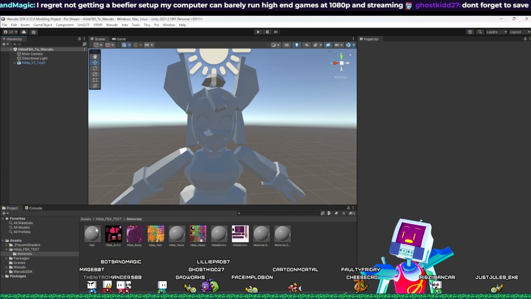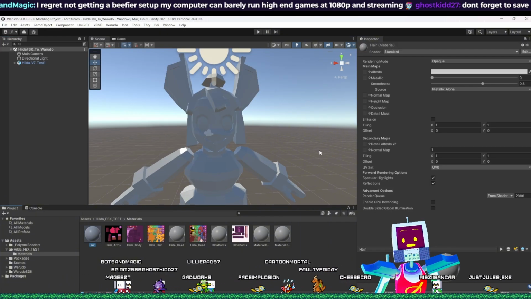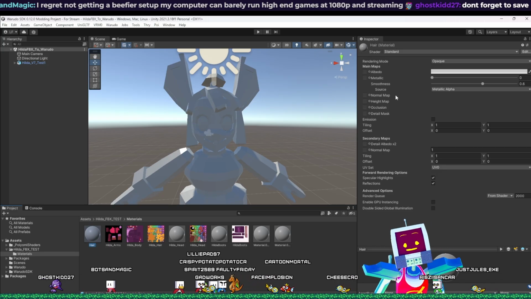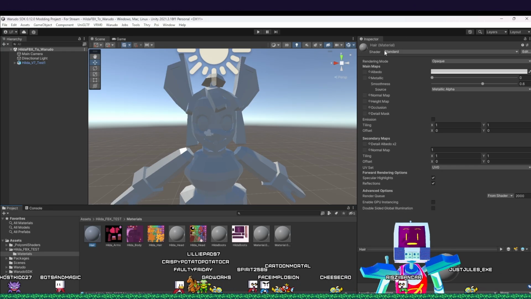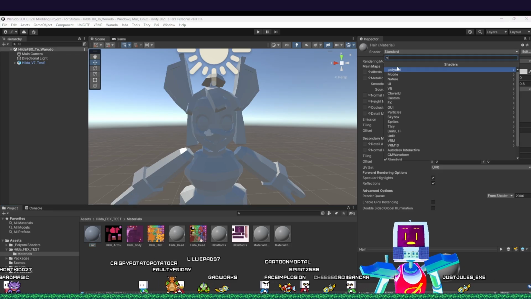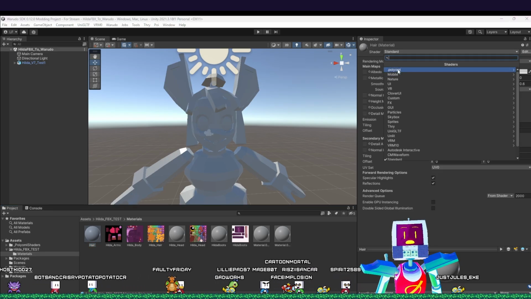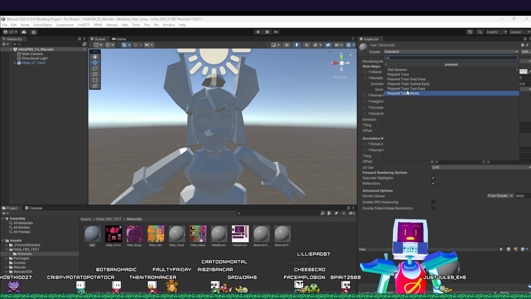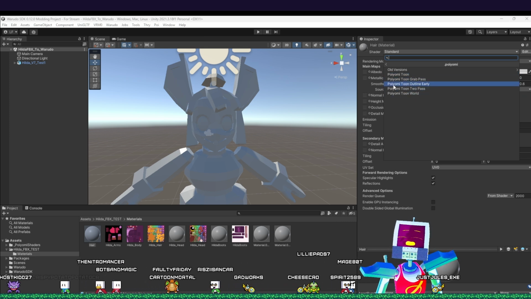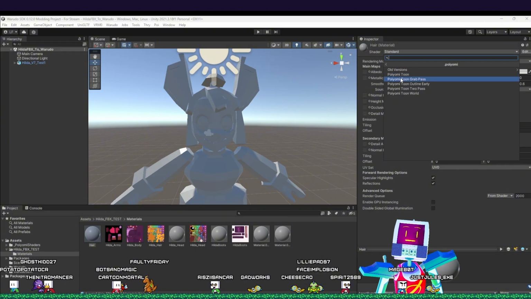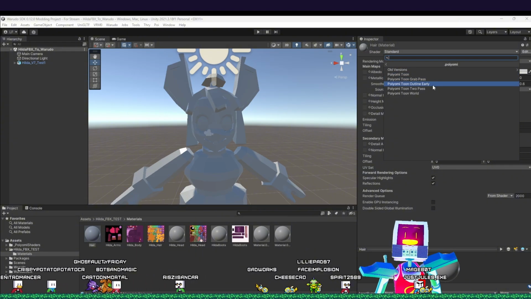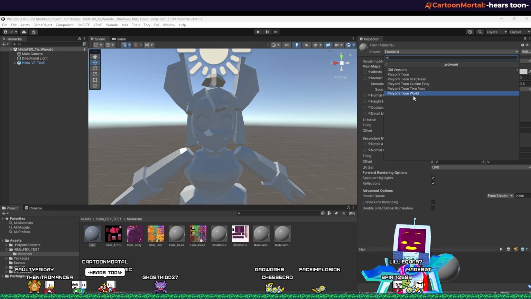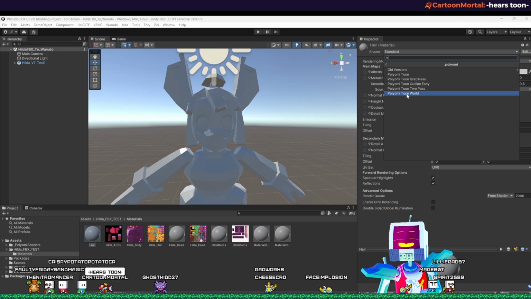Okay, so now we've got the Poyomi shaders installed. The way that you'll be able to know that it's installed properly is if you go to shader up here where it says shader, you can click on it, and now we see Poyomi at the very top. So I'm going to set it to Poyomi Tune. If you want to know all the differences between Poyomi Tune, Poyomi Grab Pass, Poyomi Tune Outline Early, 2-Pass, World, all that stuff, I highly recommend looking through the